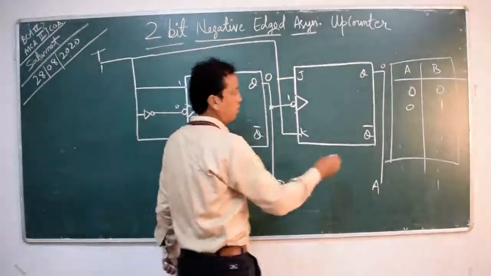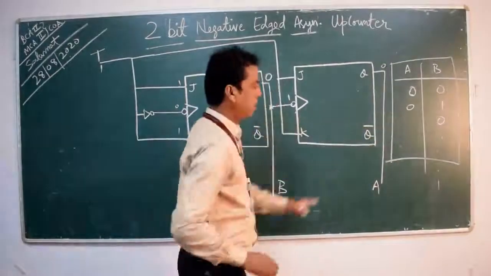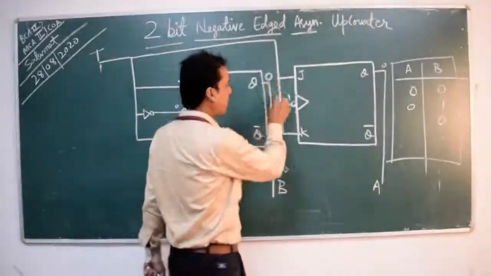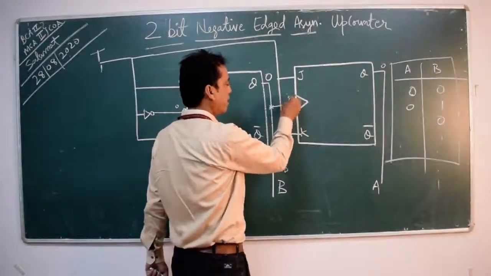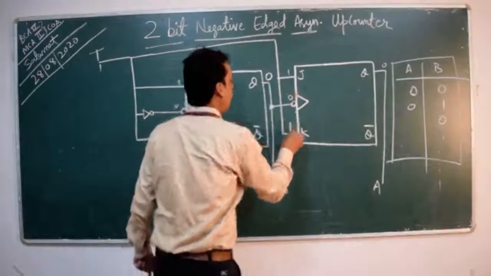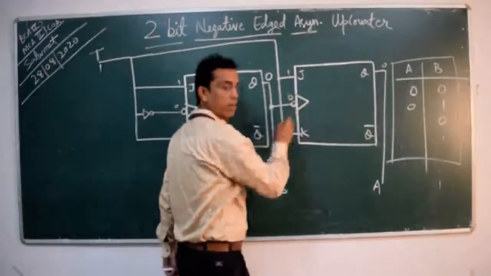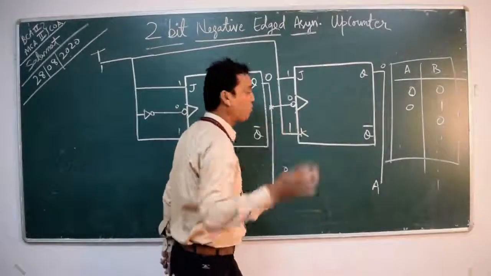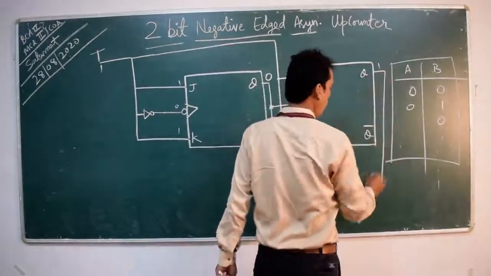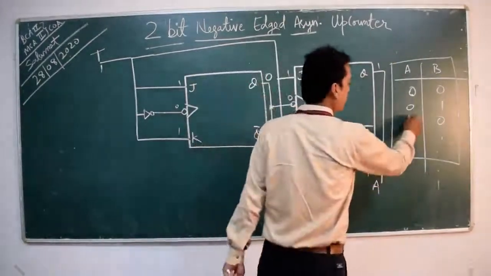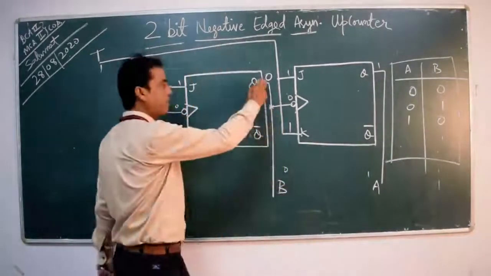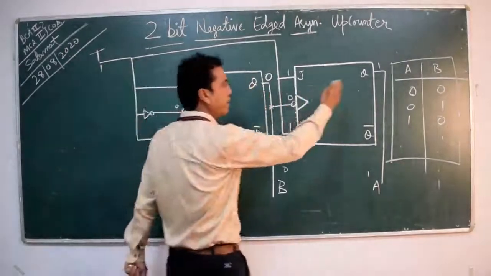See, note it down. B is producing 0, and this 0 will be sent to the gate line of the next JK flip-flop. Now the 1, 1 coming from here will be inserted, and it will also toggle. What is the last value? 0, and it will be toggled to 1. It will produce 1. Don't forget that right now one is containing 0 and the other is containing 1.